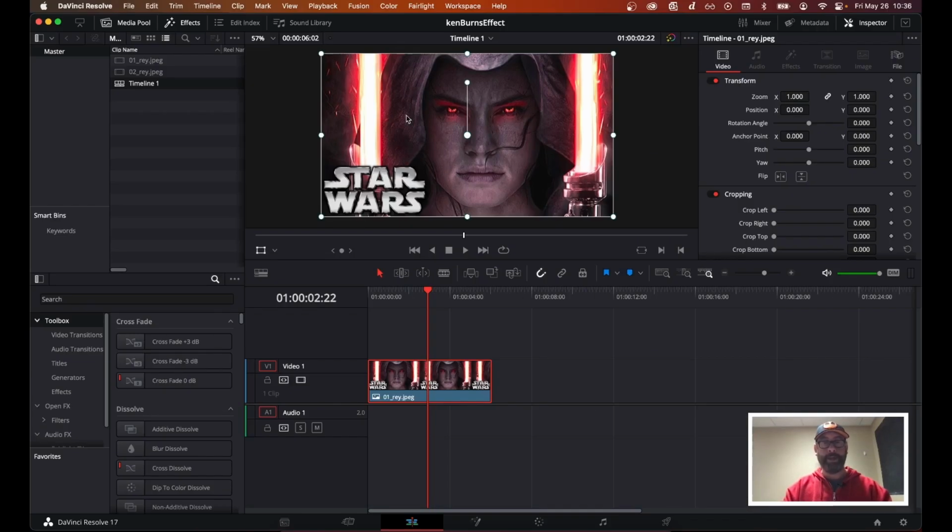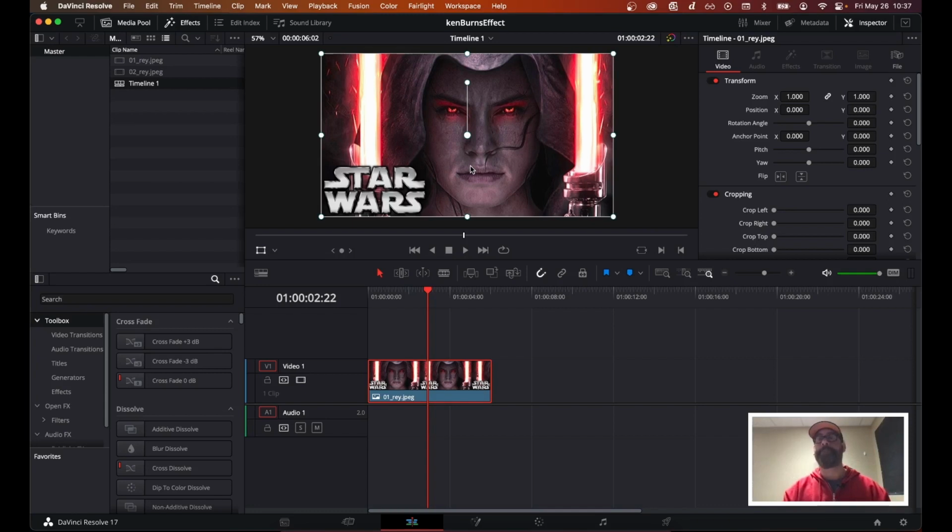Now, I want to make sure that this is larger than the viewport that we're currently looking at. And I have the project set to 1920 by 1080, 30 frames per second in square pixels. So whenever you drag any footage, even if it's much larger in resolution than the actual project settings, DaVinci will always shrink down your footage to fit onto the canvas. Call it canvas, call it the workspace, call it the viewport, call it what you will, but it'll shrink it